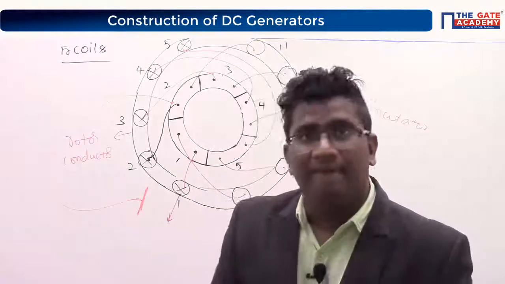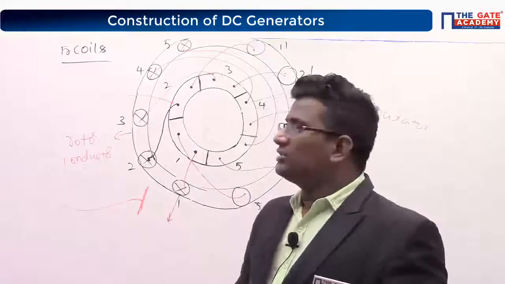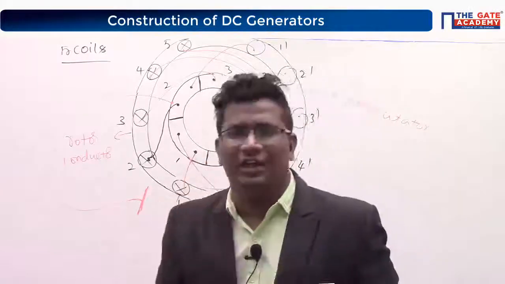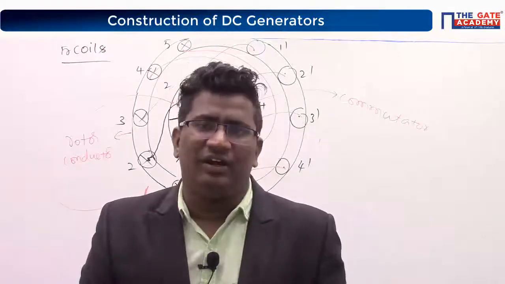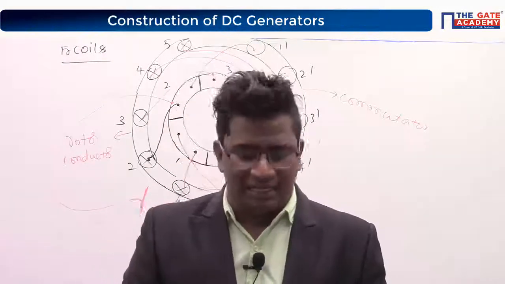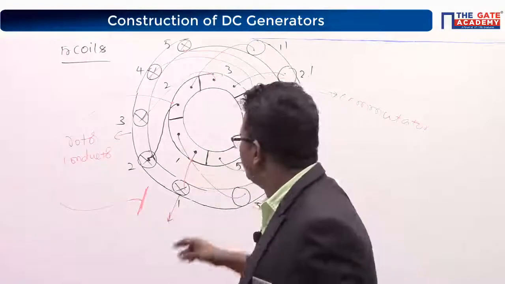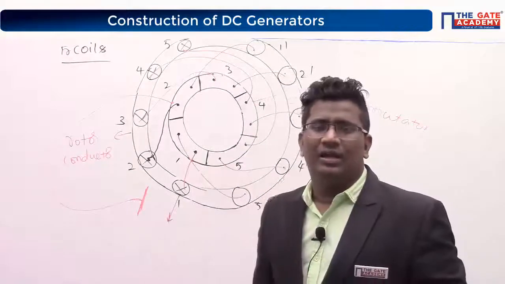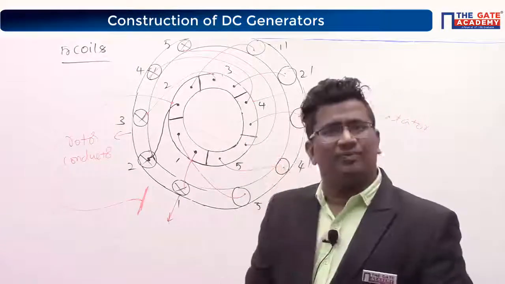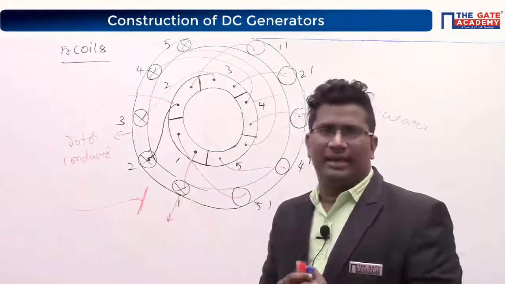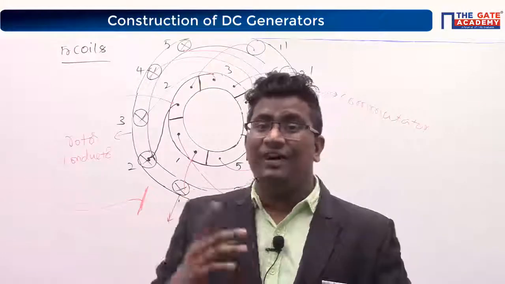Correct or not? Yes. Suppose here I am taking only 5 coils. Because your machine will definitely have 500 coils, 1000 coils, right? Therefore, if you have 1000 coils, is it possible to draw the circuit? Just asking casually. If you have 1000 coils, is it possible to connect this kind of diagram? It is very difficult, right?